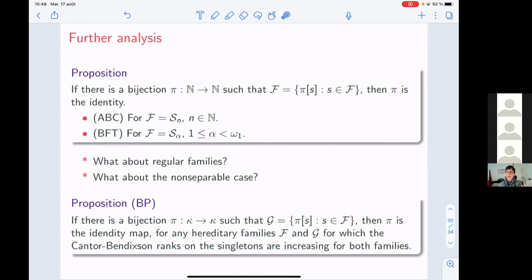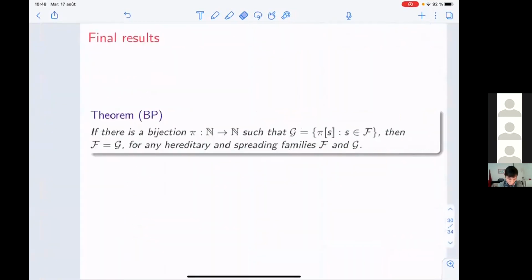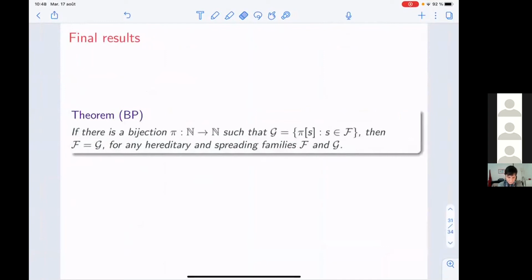And this homeomorphism is taking one family onto the other. So it is a homeomorphism of the families themselves. And then we extracted the topological information about the families. And finally, this is a more combinatorial result of the same work: we managed to prove that if a family is taken by a permutation onto another family, whenever it is spreading, so this is because we wanted to know what we can say about spreading families, because this is a rather strong condition in this context. And then indeed, the permutation might not be the identity map, but the family has to be